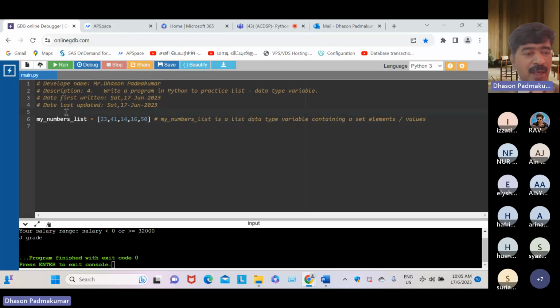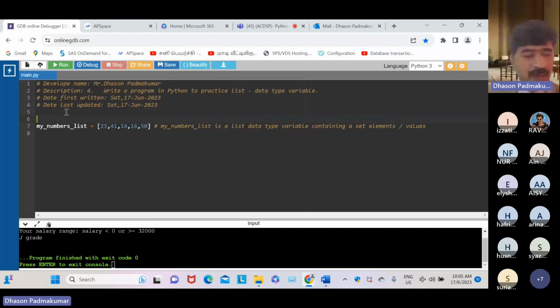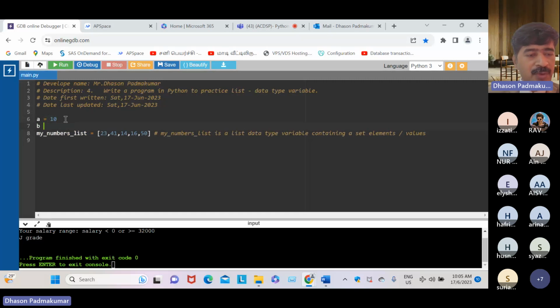Remember, dear student, in the past we learned, for example, A equal to 10. So what is A? What is your answer, all of you? It's a simple question. B equal to 10.5. So what is your answer? A is an integer data type variable holding or containing 10.